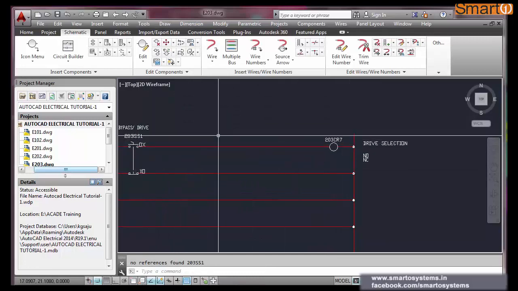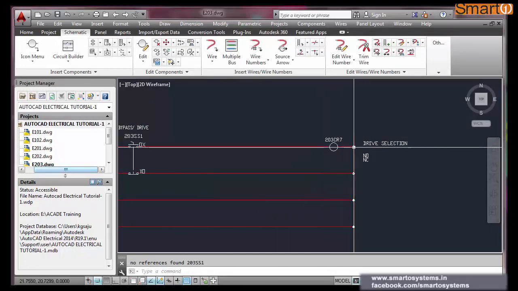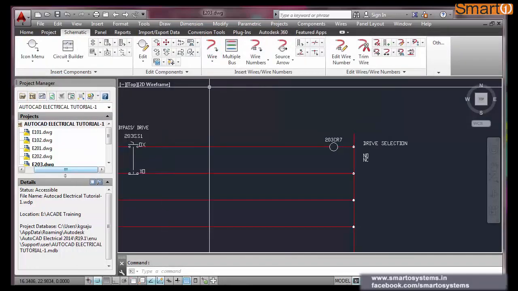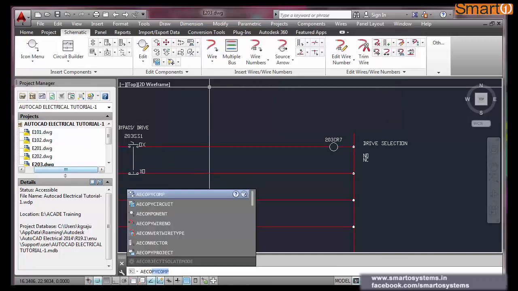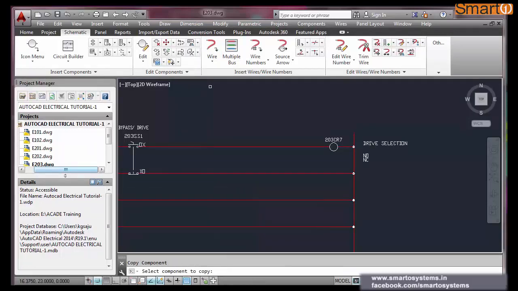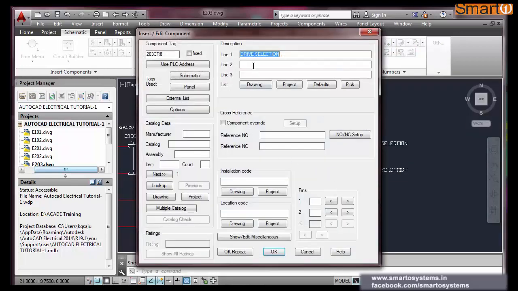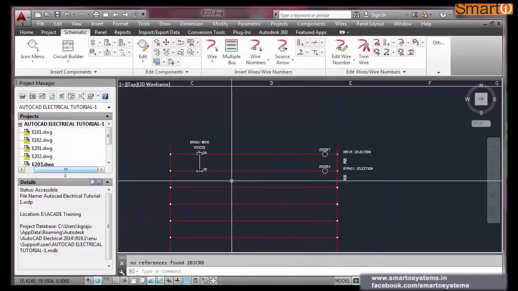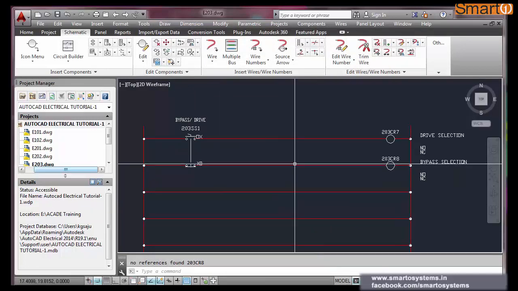When you put it in this direction, on the right, this relay will get energized. And I will simply copy one more relay, AE AutoCAD electrical copy component. Now see, it has become CR8. Instead of drive, now I will put bypass selection. So I have inserted 2 relays.